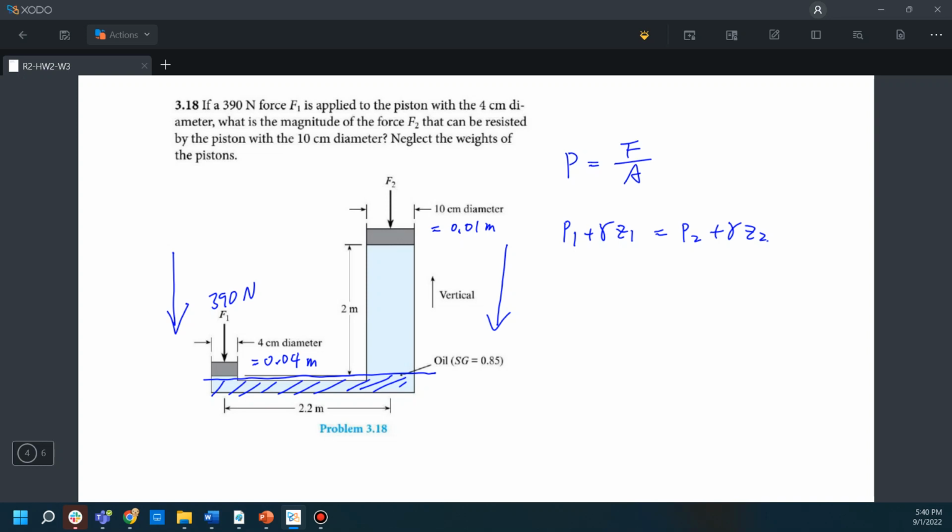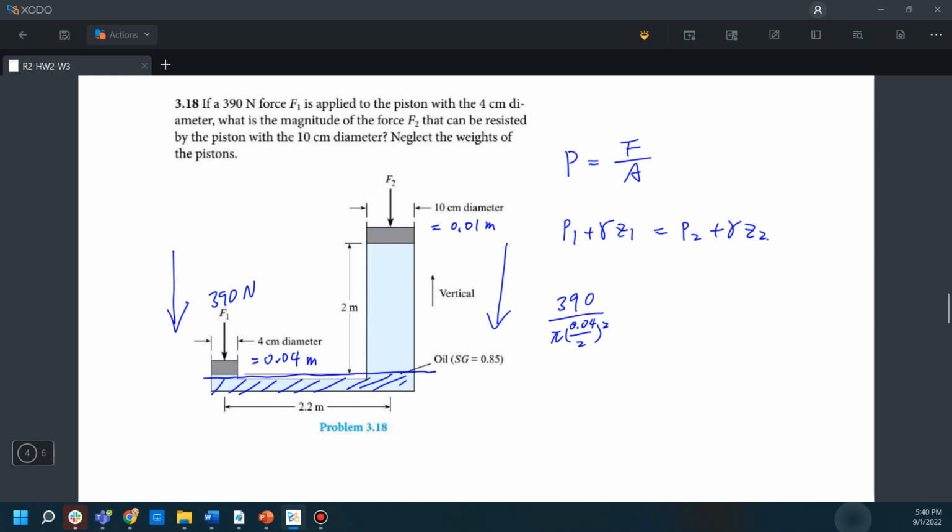Okay, so P1 is 390 Newton divided by the area, which is pi times 0.04 squared. This is the area for this circular piston, plus